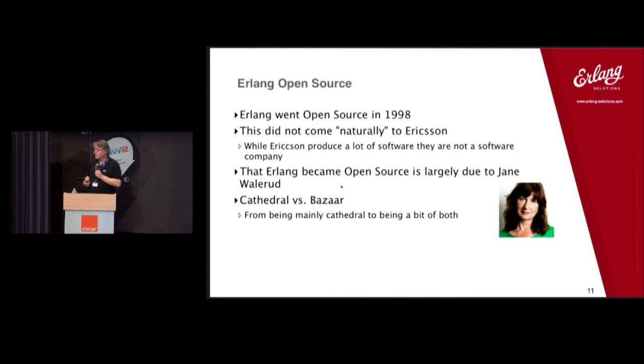It was also a legal problem because they had to convince the legal department that if they made this open source, they needed the right type of licensing, so it wouldn't cost Ericsson if someone used it and it crashed or something like this. And all these things, she put a lot of effort into convincing that this worked. And in 1998, Erlang became open source. And I think it was Ericsson's first open source software.